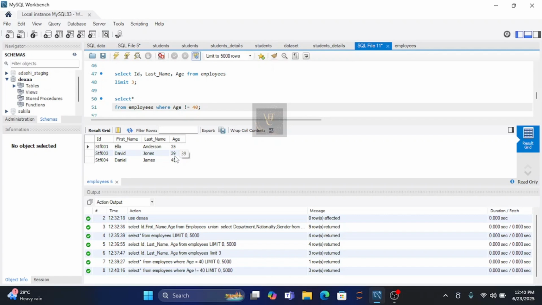Now, the where clause leads us to other things like the like clause, where you want to see people under this age bracket whose names are in a particular order. Probably you want to see everybody named Anderson in that data set, or people whose name starts with A. You want to see everybody whose name starts with A, depending on the criteria that you would want to use. So we can say